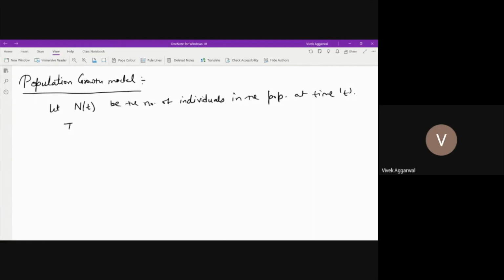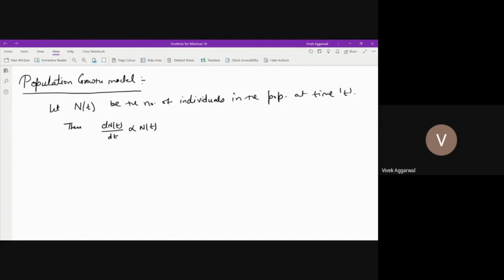Then I will find the rate of change in the population. Definitely it will be directly proportional to the population at time t, because if the population is high, then the rate of change of population will also be high.